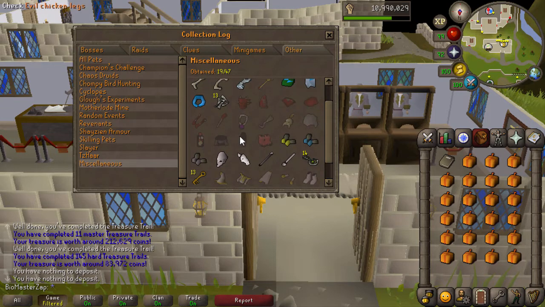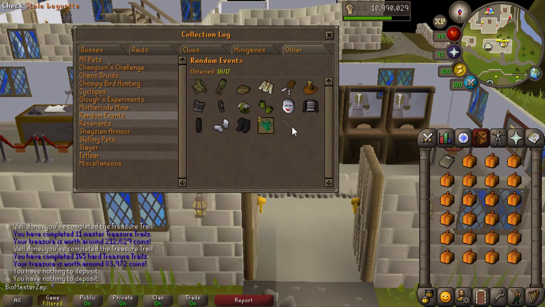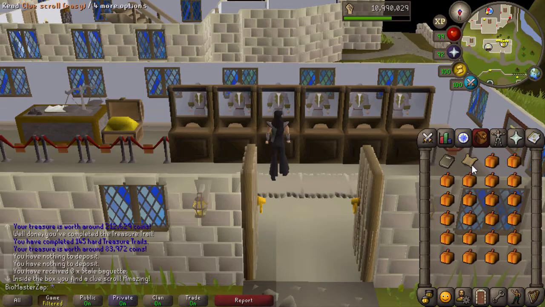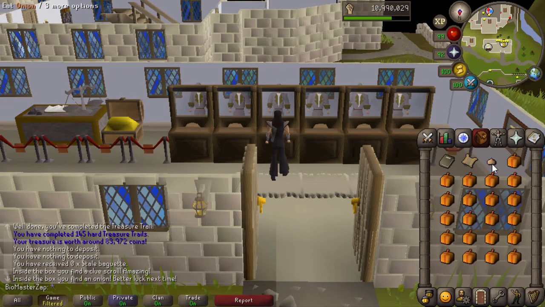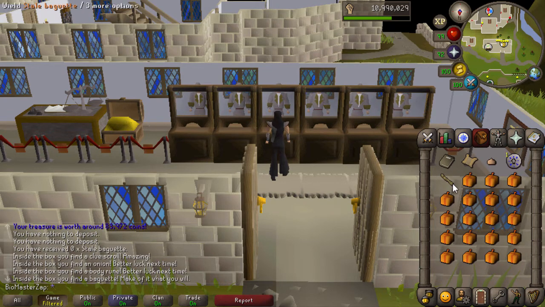They did add the stale baguette, right? Or was it in random events? Yeah, random events. The stale baguette's the only item I'm missing here. So, why not just open them now? And, oh, I was going to say, there is also a chance to get more clue scrolls. So, we didn't get lucky on the clues, but maybe we can...